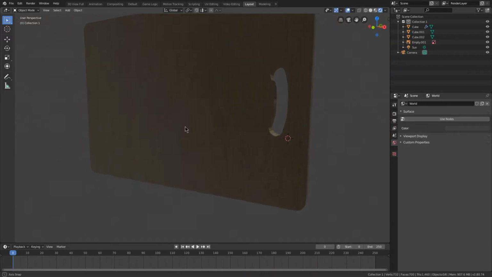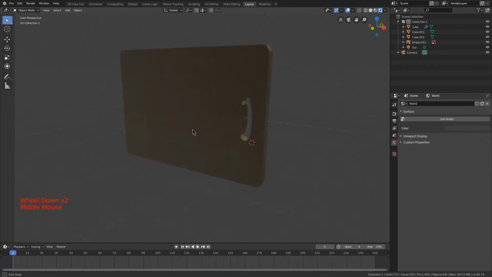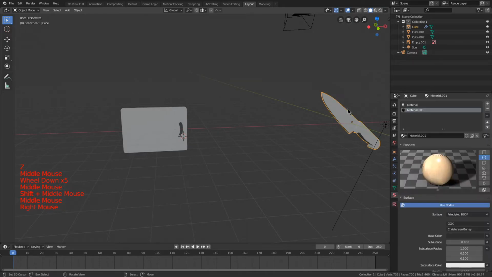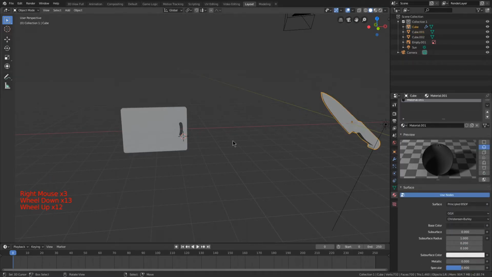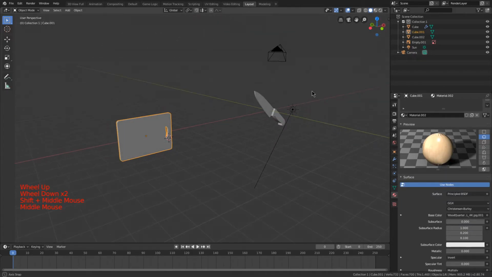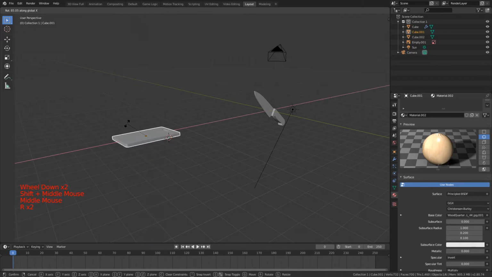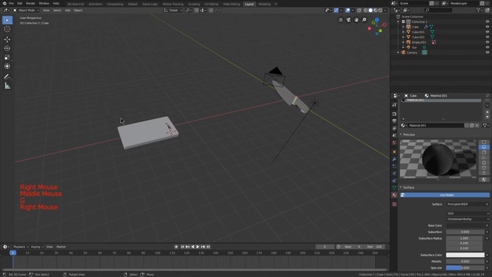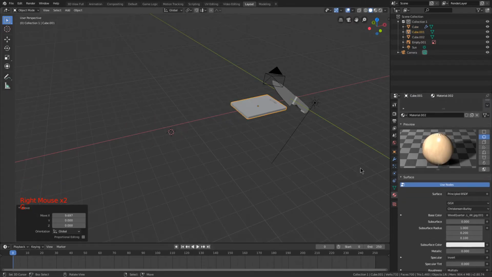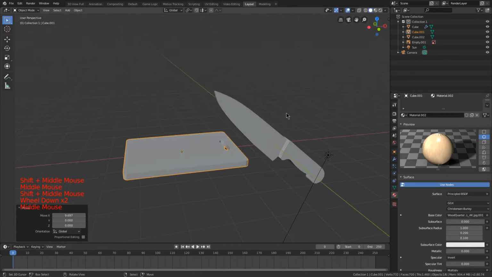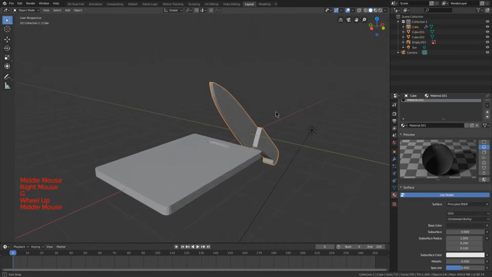Like so. It's maybe a little bit too glossy, but some wood is actually quite glossy. Anyway, or reflection. So now we have our knife and our chopping board. So now I'm going to press X, rotate it 90 degrees, put this on the top of it, and the knife, from images that I've seen, the knife should be